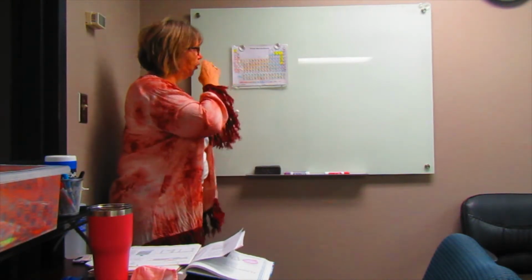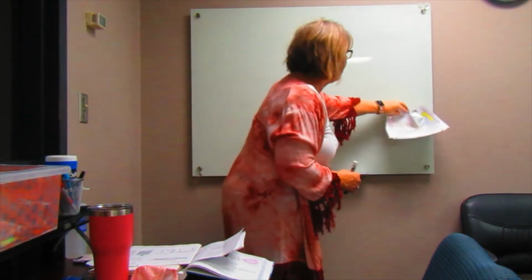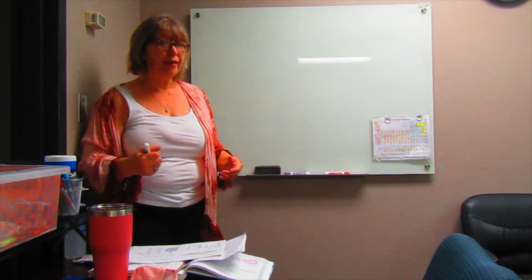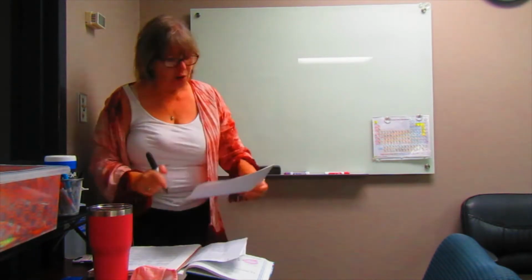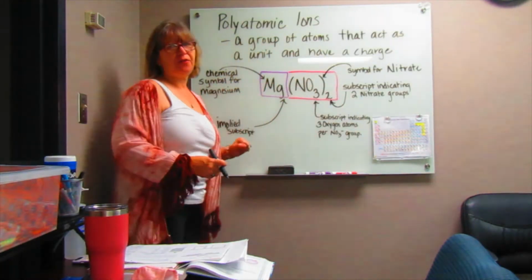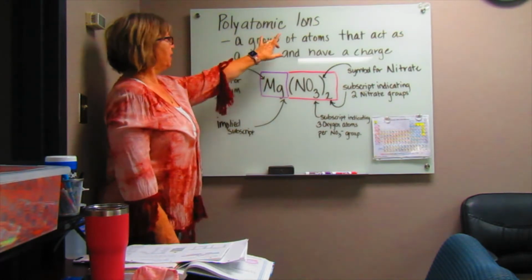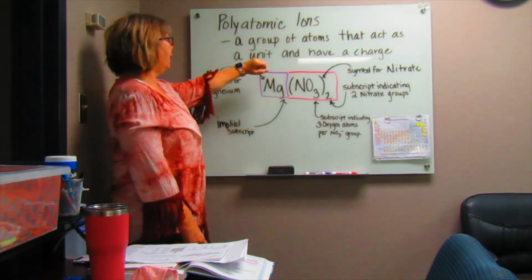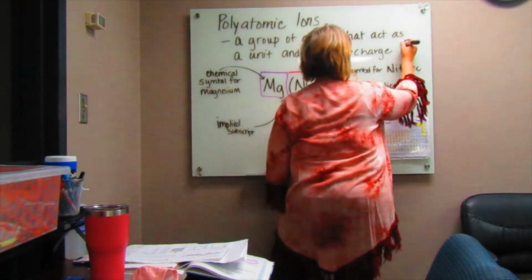Let's talk about polyatomic ions. Your professor is going to ask you to memorize a certain group of polyatomic ions. They have probably identified those in the PowerPoints, but I will just talk to you about those right now. So, okay, just to define polyatomic ions, I've written the definition on the board for you, but a polyatomic ion is a group of atoms that act as a unit and have a charge. So they're going to have a plus or a minus charge,